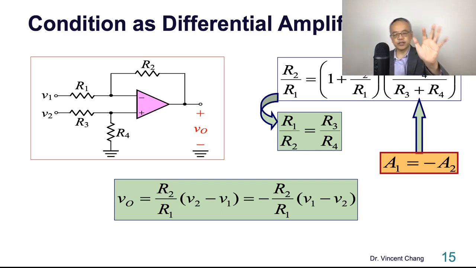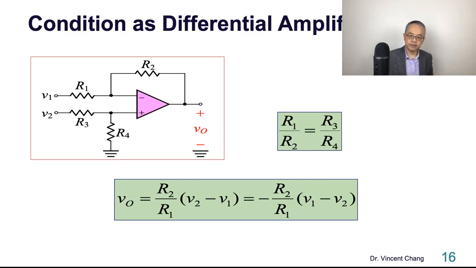I don't want to go through the math detail, okay? It's your job. This is middle school math. I'm not going to teach you this. It's your job. So if the ratio relationship holds, R1 over R2 equals R3 over R4, then